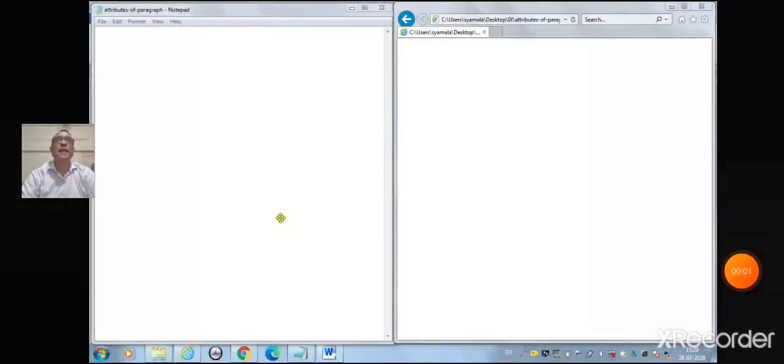Now let us have a practical understanding of the execution of attributes of paragraph tag. Students, all of us can view two windows on the screen. The input window, that is Notepad, and the output window, that is the browser. Let us write the program.